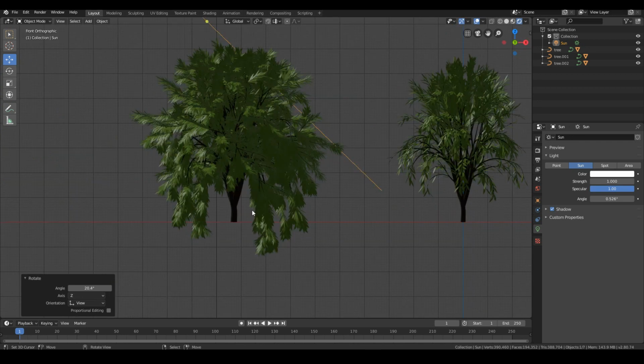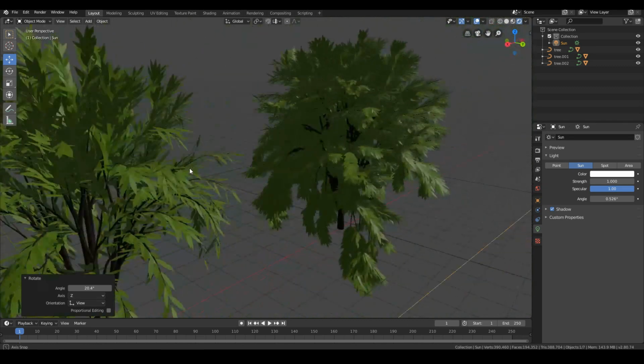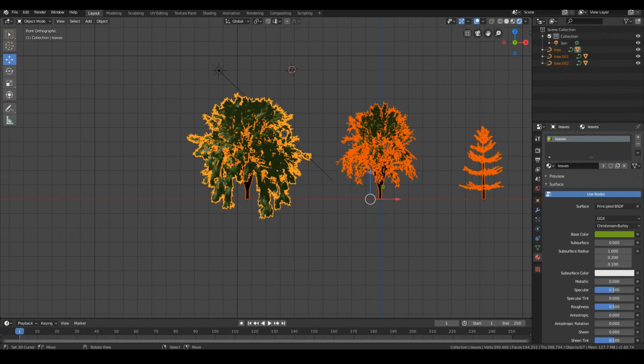So that's the secret to creating more realistic trees that a lot of newer artists don't know about. So whenever newer artists create trees looking like this using the sapling add-on, they don't realize that it doesn't look that realistic to the eye. So now let's go ahead and make more realistic looking trees that don't look like they were generated using the